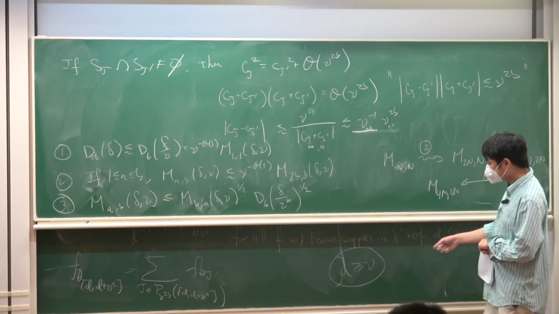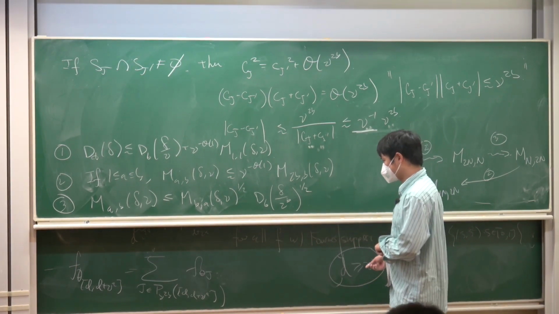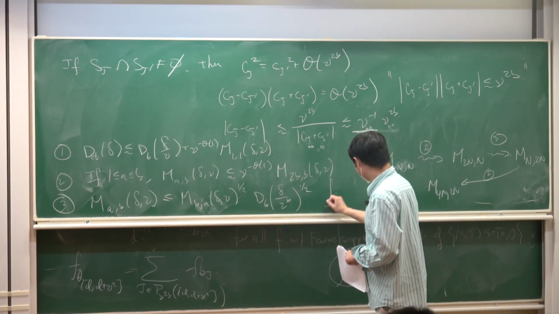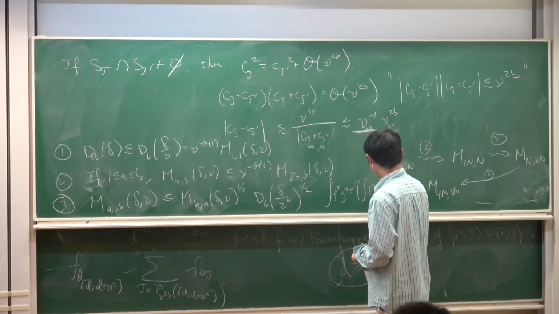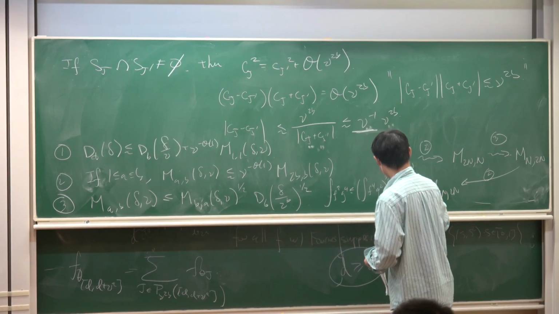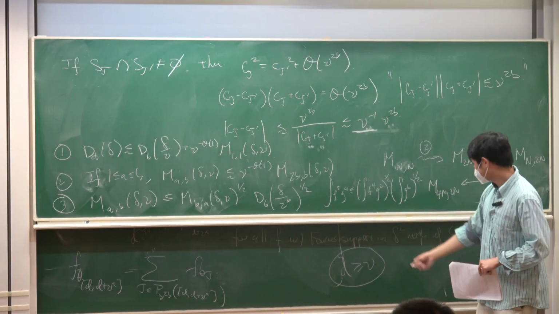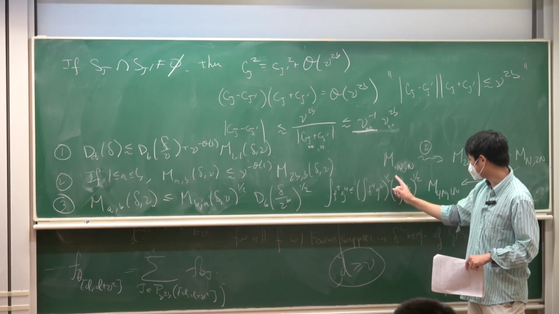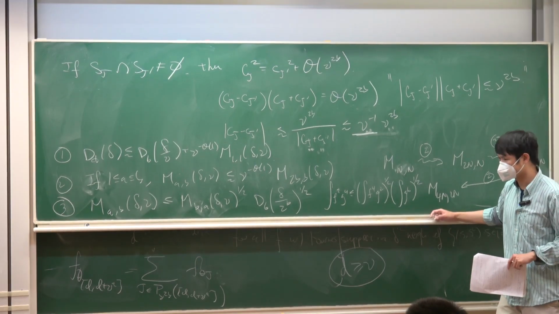Now, how do you prove this? Well, you use Holder. The particular Holder you use is the integral of f squared g to the 4 is less than f to the 4 g squared to the 1/2 times g to the 6 to the 1/2. Because 4 times 1/2 is 2, and then 1 plus 3 is 4. And I'll leave that one as an exercise. And so next time